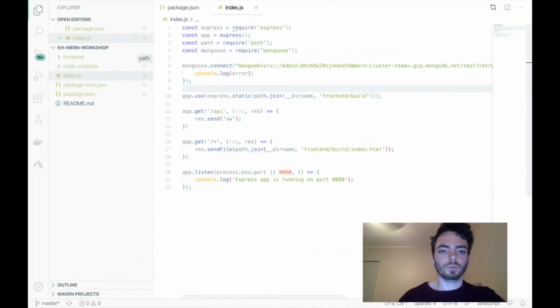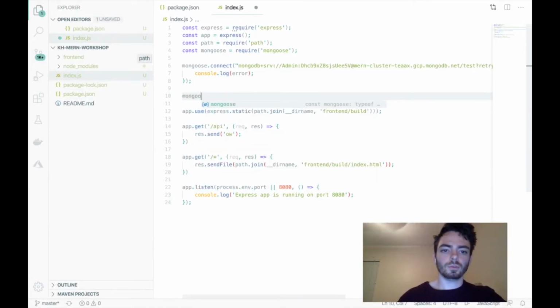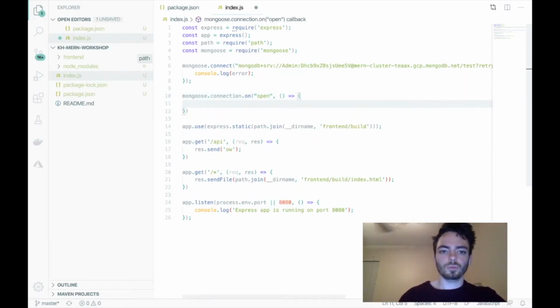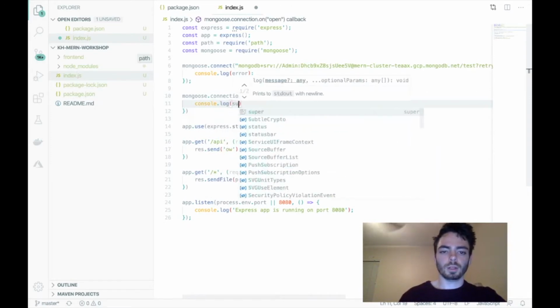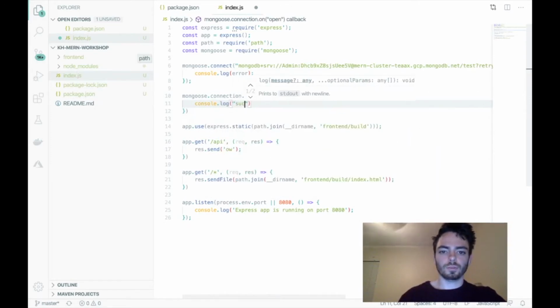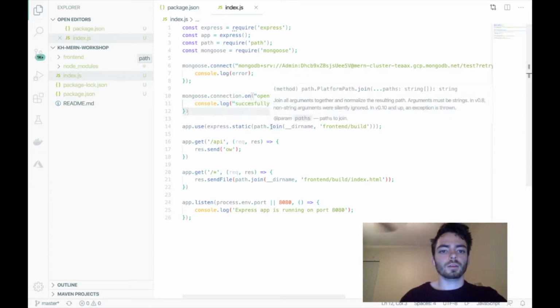So we will make one that says mongoose.connection.on. Another callback, and we'll do console.log "successfully connected", and then we'll do